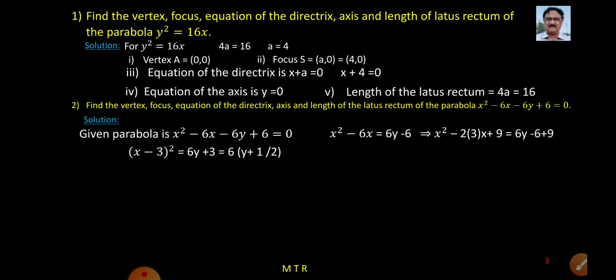Now this is of the form x square minus 2 into 3 into x plus 9 is equal to, add 9 also to the right side, 6y minus 6 plus 9. So the LHS is (x minus 3) whole square is equal to 6y, and 9 minus 6 is equal to 3. That is equal to, take 6 as common, 6 into (y plus 1 by 2). This is (x minus 3) whole square is equal to 6 into (y minus of minus 1 by 2), because